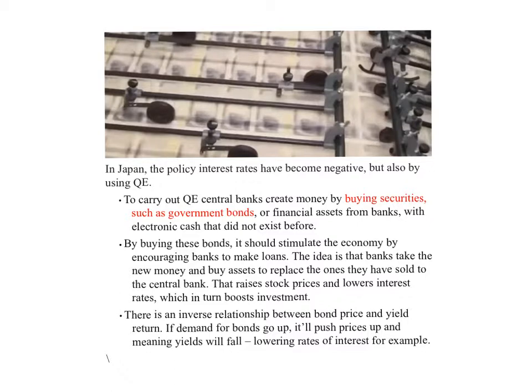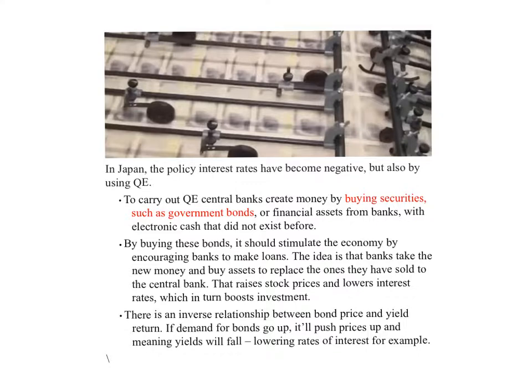Now, quantitative easing is quite a complex unit, and it is more related to A2, but I'll go through it now. I've done a step-by-step guide as to how they carry out quantitative easing. First of all, the whole principle of it is creating almost like electronic money. So what they do is they create money by buying securities such as government bonds or even financial assets from different companies, commercial assets, but mostly from banking institutions.